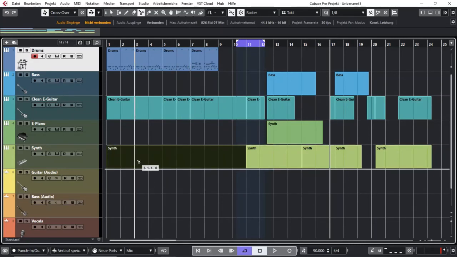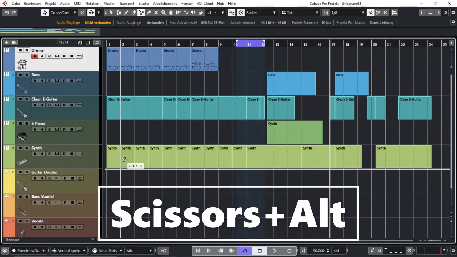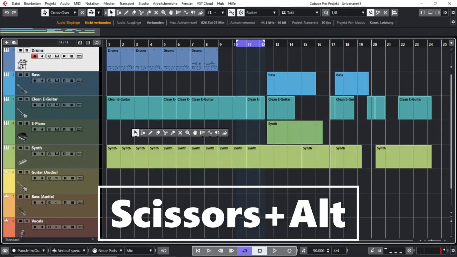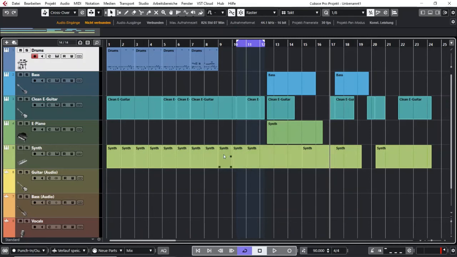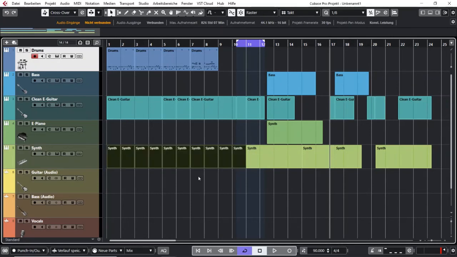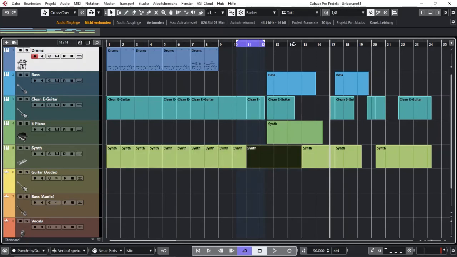So there is one cool function which you can use. You go to your beginning and select the first event as long as you want it to, let's say a bar. And now if I hold down Alt and press, my whole selection gets cut into parts that are all a bar long. So if I do that again